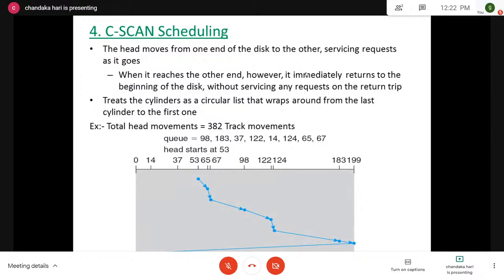The total number of seek movements is 65 minus 53, 67 minus 65, 98 minus 67, 122 minus 98, 124 minus 122, 183 minus 124, 199 minus 183, 199 minus 0, 14 minus 0, and 37 minus 14. The total number of movements, if you calculate it, you will get 382 track movements. And after that,